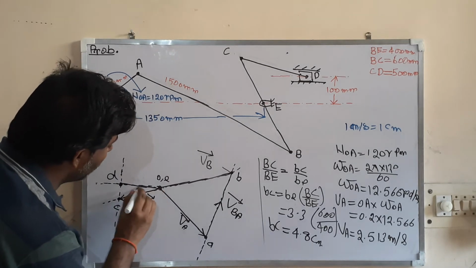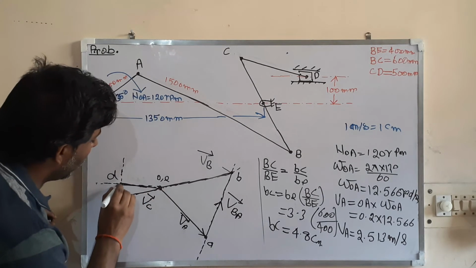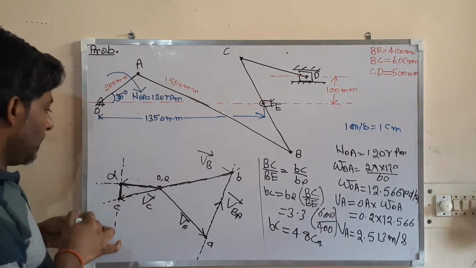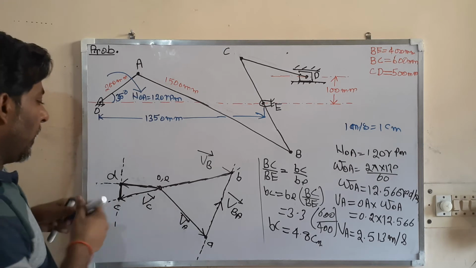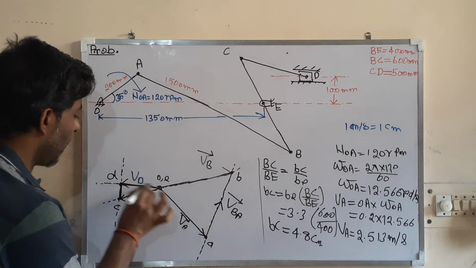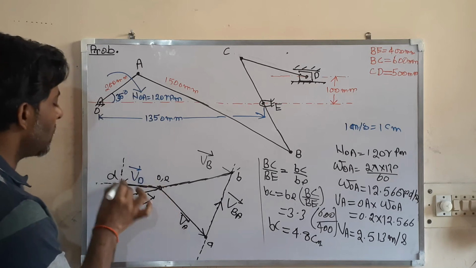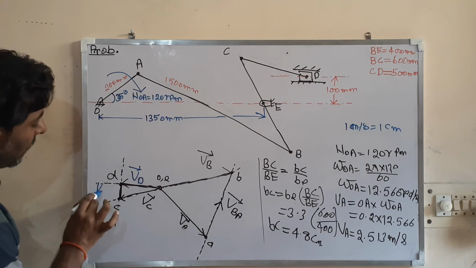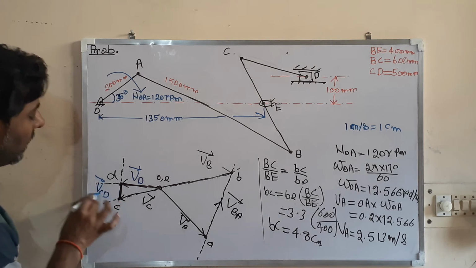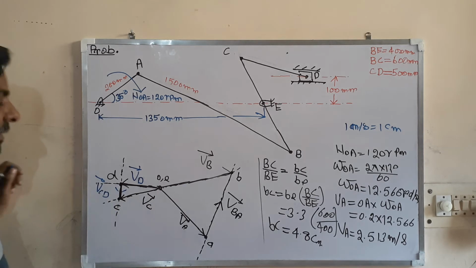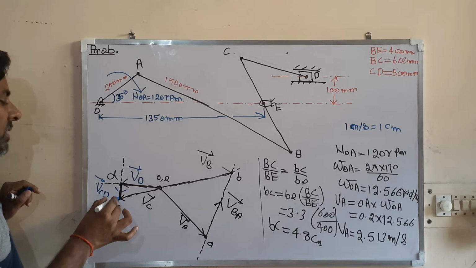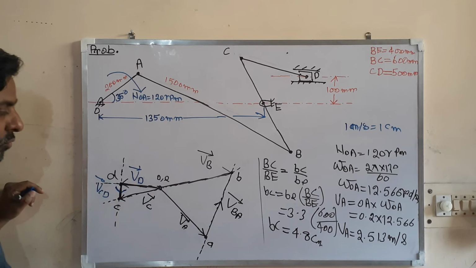Now you can join this by the complete line. Okay. So this is your complete velocity diagram. This is the absolute velocity of point D, from here to here, magnitude and direction. And this is the velocity of point C with respect to D. That will be from D to C. Or you can say velocity of point D with respect to C. Its direction will be reverse to this one.